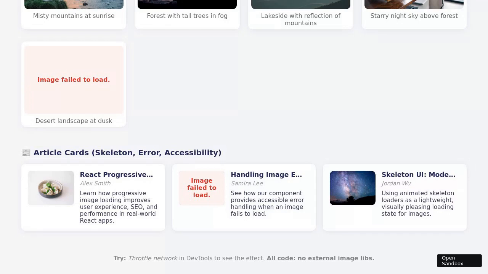As the demonstration continues, scrolling reveals the footer and an accessibility note, emphasizing that the progressive image component maintains accessibility best practices. Throughout, all image transitions are smooth, layout shifts are prevented, and the user experience remains consistent, even in cases of slow network, skeleton loading, or image load failures. The demonstration concludes with a final pause, allowing for a complete review of the UI and its progressive image loading